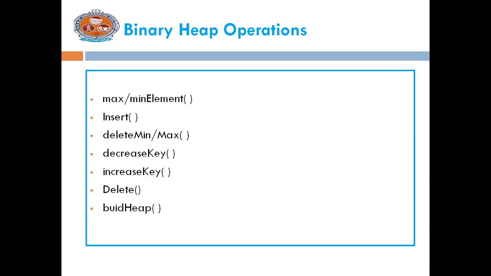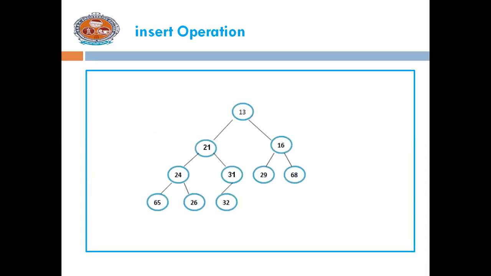Now we'll see in detail about insert and delete operations with examples. The first one is the insert operation. So now this is an example of a binary min heap. See here, the root holds the minimum value, lesser than all the elements in its subtrees. Now insert 14. To insert an element x into the heap, we create a hole in the next available location without violating the structure property. Here the next available location according to the structure property is this one.